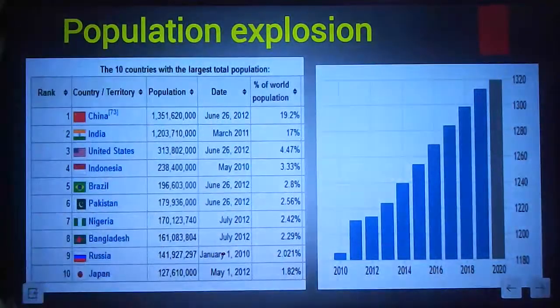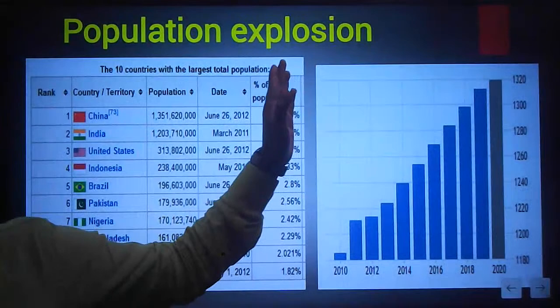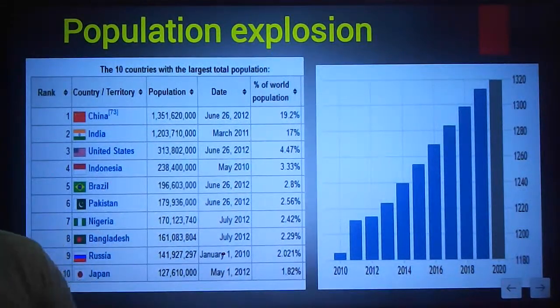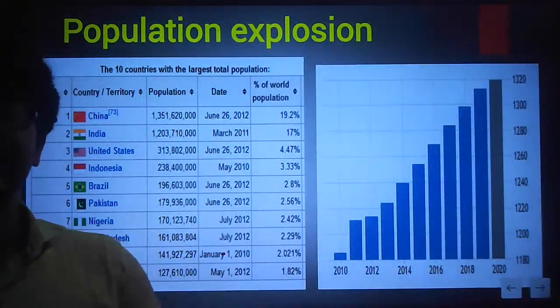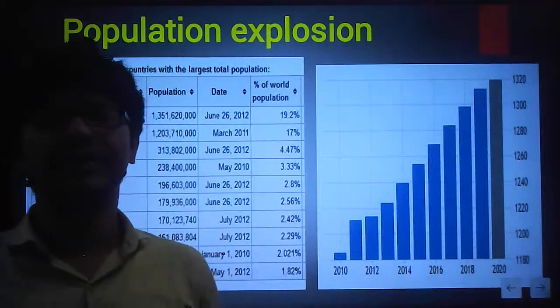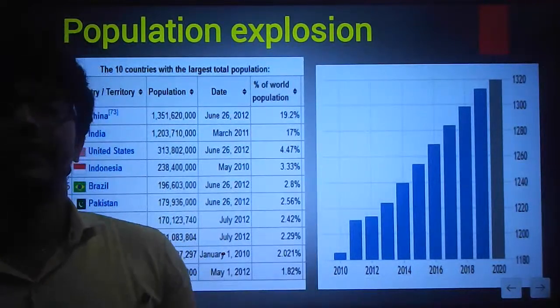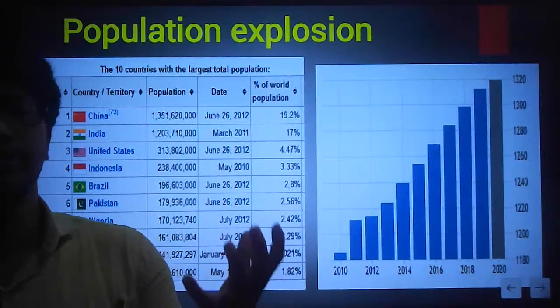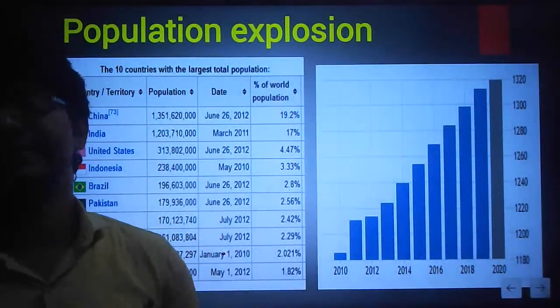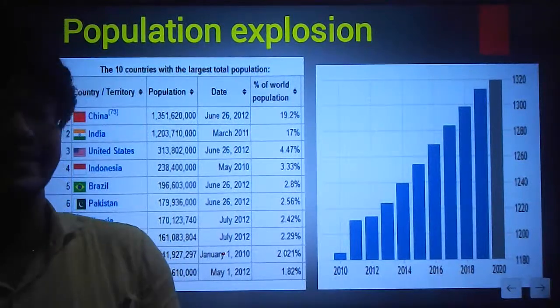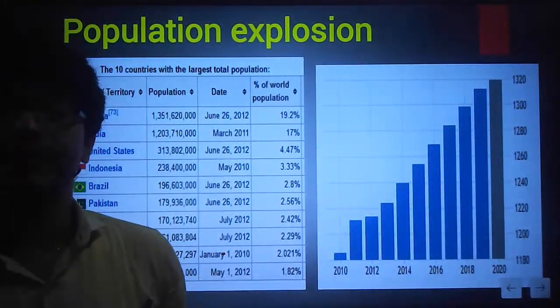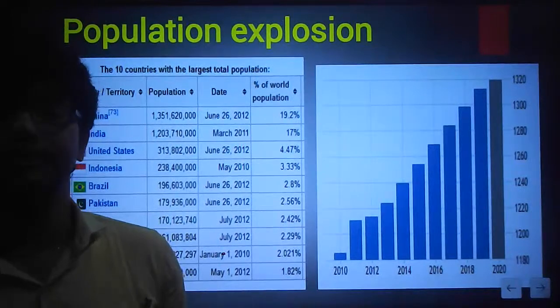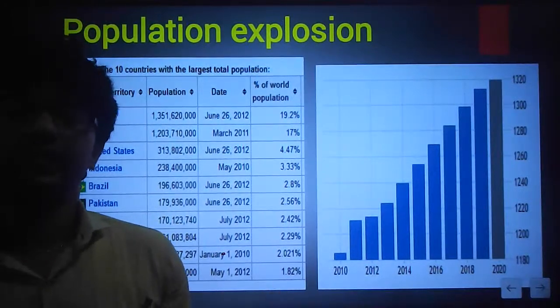It starts increasing. There's no way the population seems to be decreasing, because of increasing health facilities, decreasing infant mortality rate, decreasing maternal mortality rate. There are also many reasons why the population explosion takes place, because gradually the death rate has started decreasing, the birth rate started increasing, and there are more health facilities, healthcare units, hospitals, and all the diseases